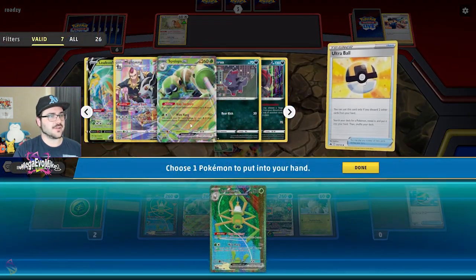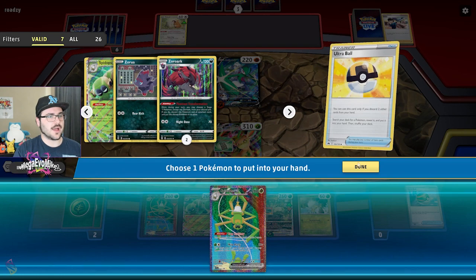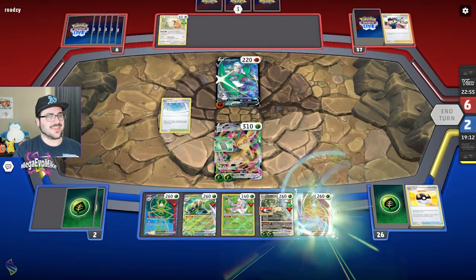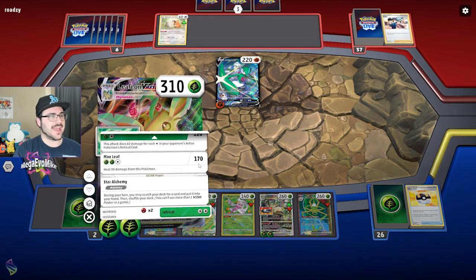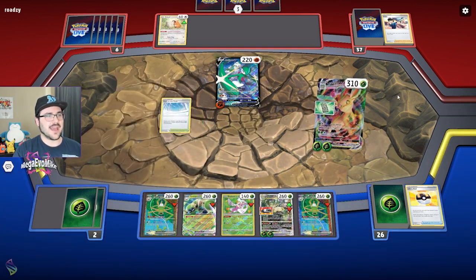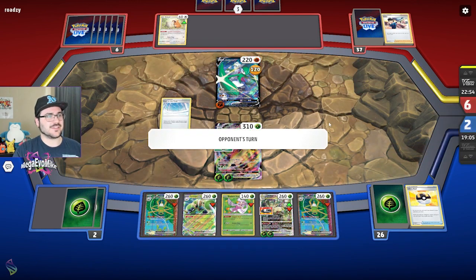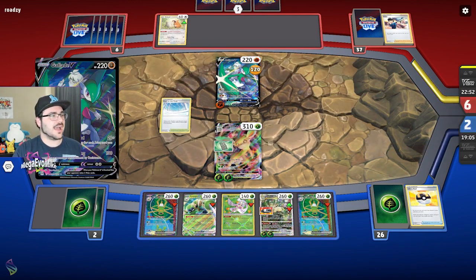This allows us to get out our next Spidops. It just thins our deck out as well. So, yeah, we are in top deck mode, but at this point, I think we're just so stupid ahead that it doesn't actually matter. Our opponent hasn't even taken a prize card yet, which is wild. And then they are going to...